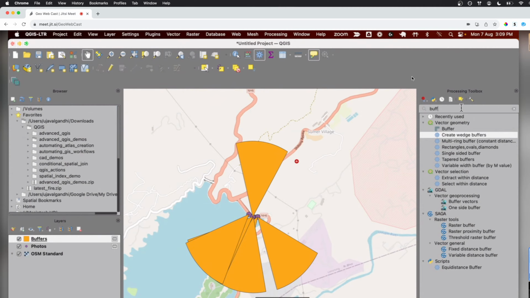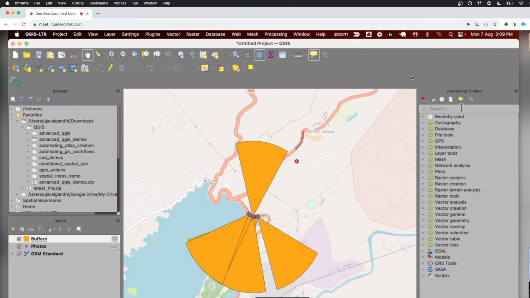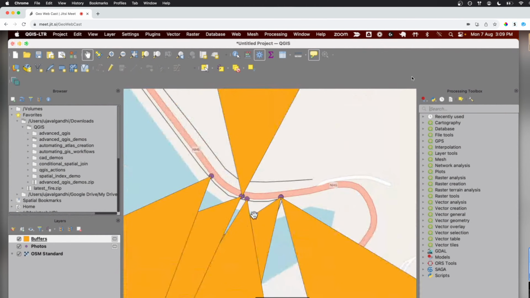And other things, for example, people used to struggle with doing simple things earlier in QGIS. They'd say, okay, I have these points, but maybe you took a lot of points and you want to create lines. So let's say you got some observation data from some species and you tagged the species and you got 10 species and this is the geotagged information. Now you want to create paths out of it. What was the path that they flew?